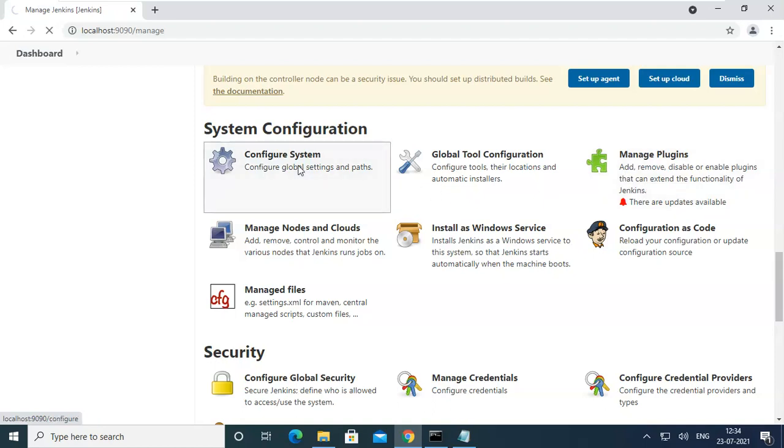So I'm going to configure the system first. Actually, I have to restart my Jenkins. Actually, restarting Jenkins as well as the system is much better.